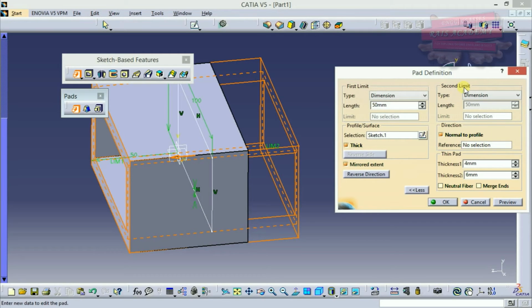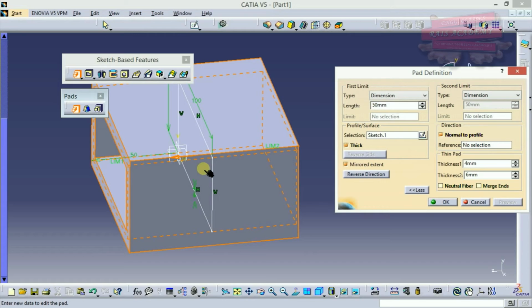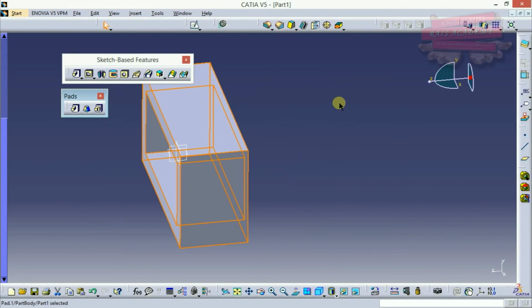The second limit will be turned off, and as much as you increase the first limit, the same depth you gain in the second limit. So if I give the pad to be 20 and click OK, you have got a pad of 20.